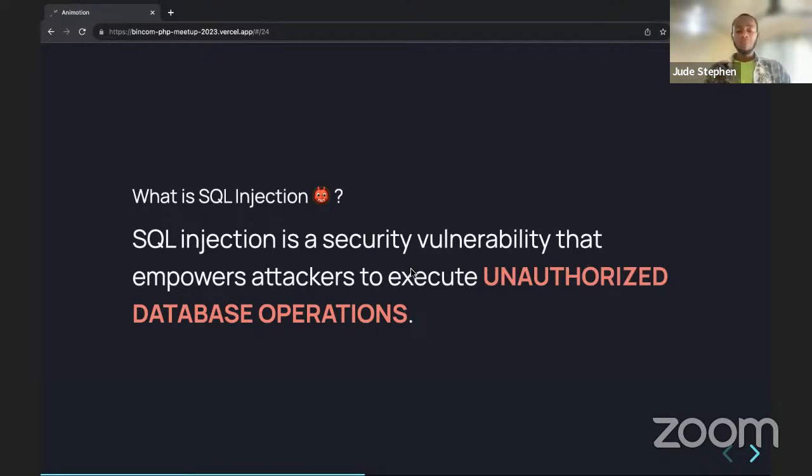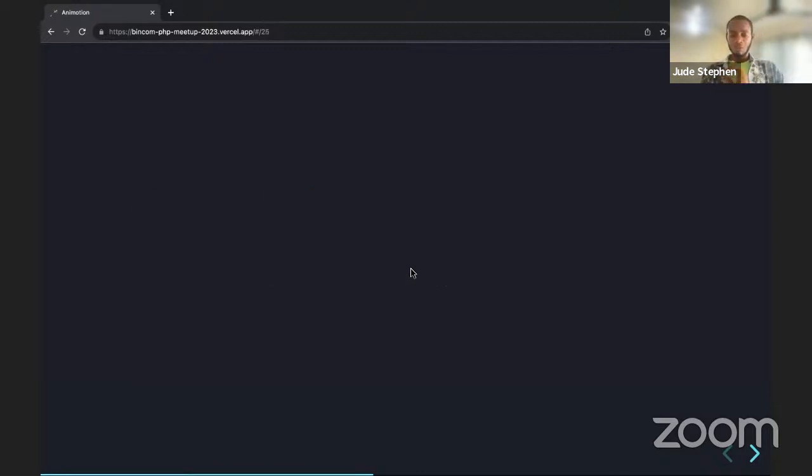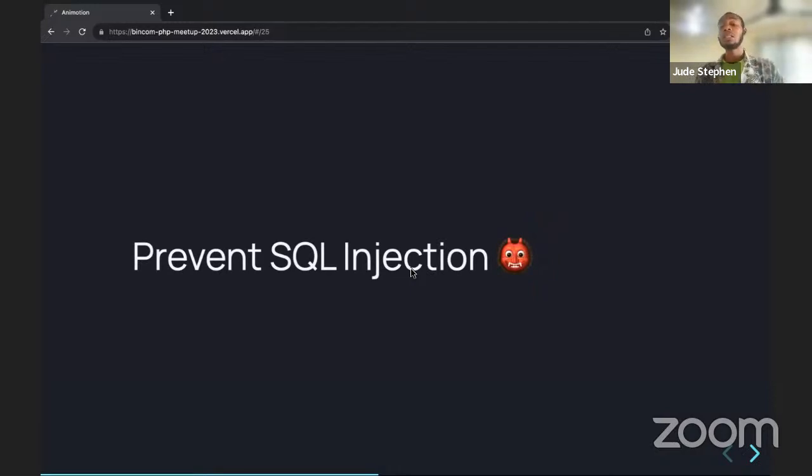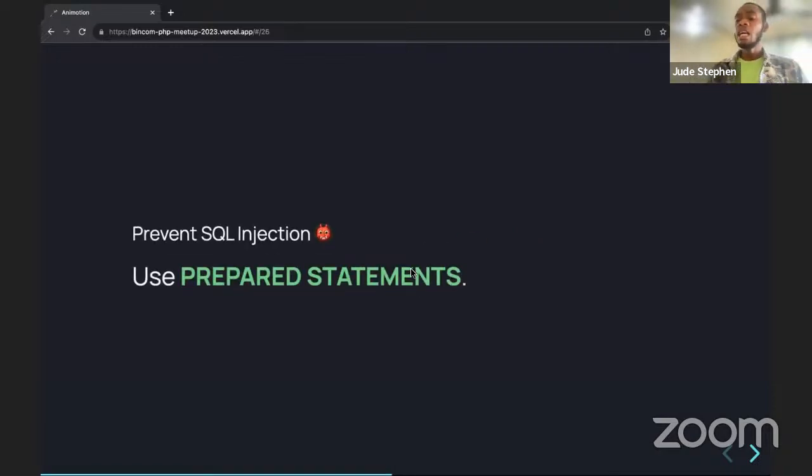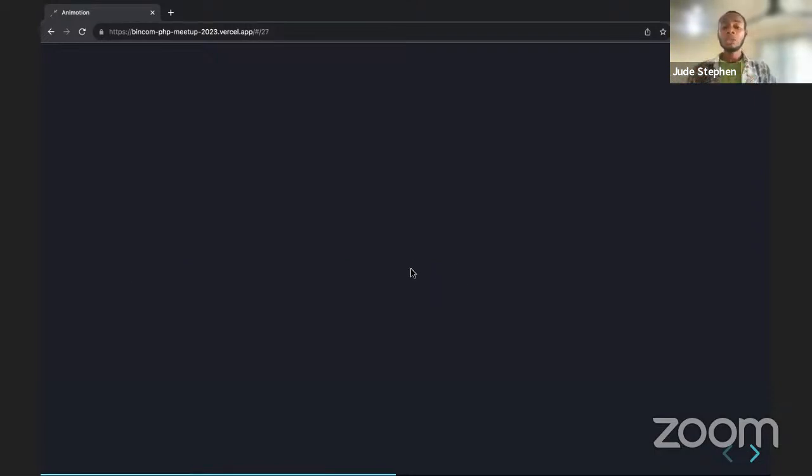How do you prevent this? We call it the best way to protect your PHP application or your Laravel application is using prepared statements. It's very important that we do this. Those of us who started writing PHP before PHP 7 wrote queries where we just concatenate strings. It works. That's fine, but we have to adhere to best practices. And one of these best practices, let me show you an example.